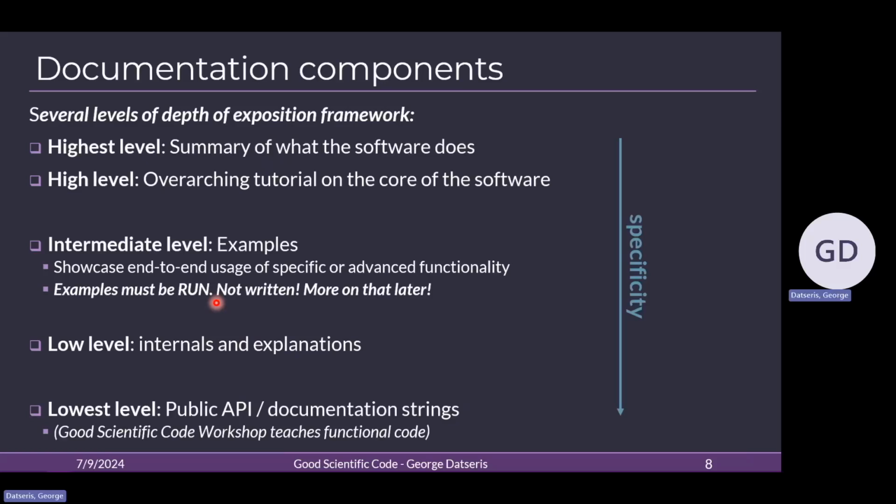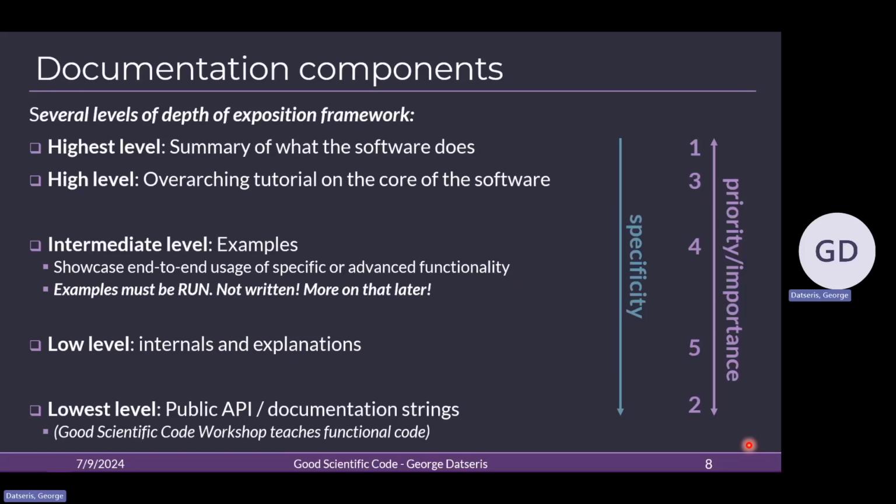Now, the order of specificity, though, is not the order that you should approach the documentation, in my opinion, because when it comes to the priority you should give to its aspects, they go differently. In my opinion, the highest priority is, of course, a summary of the software so that someone can know whether they have to use it or not at all. Then the second level of priority is the lowest level in depth, which is the public API. If you have the public API, you practically already have a documentation, at least according to some. Then priority 3 is the overarching tutorial, and then we have the examples, and finally the internals.